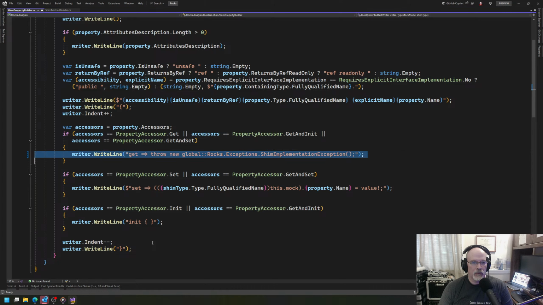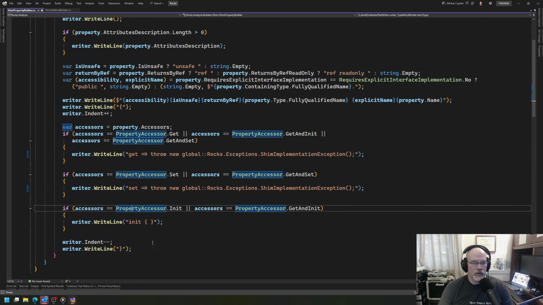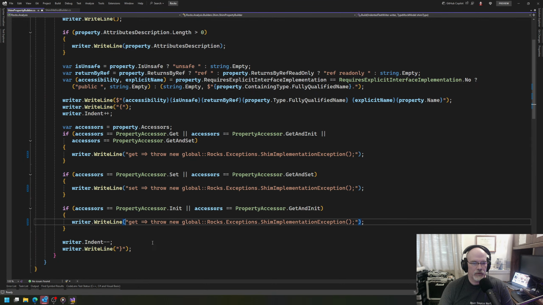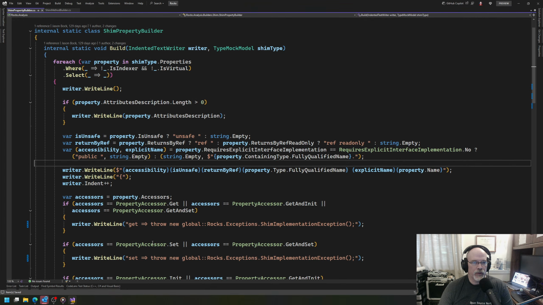Okay. And then we can say set here as well, except we need to say set. And then this becomes an init. But all those throw an exception. Okay. So we do need the accessors. We do need all this stuff to happen because that's all up here. That's all done in generating the property information. Okay. But that should now take care of